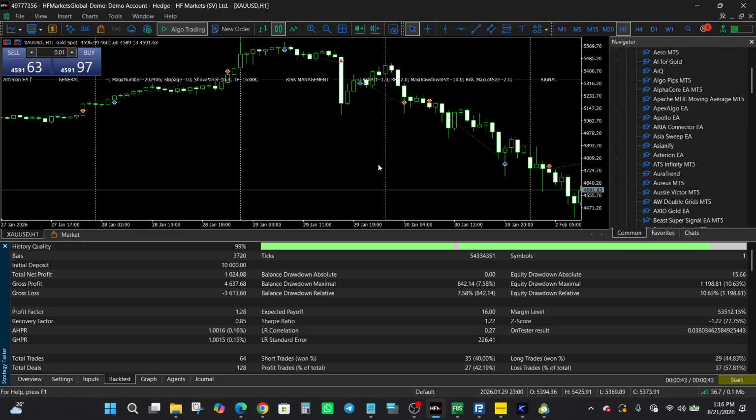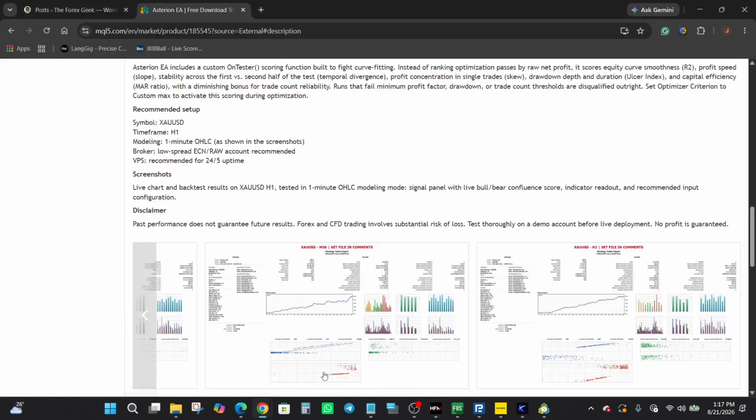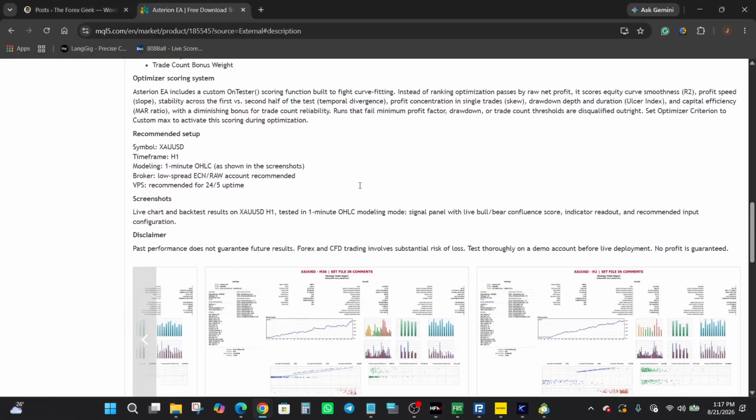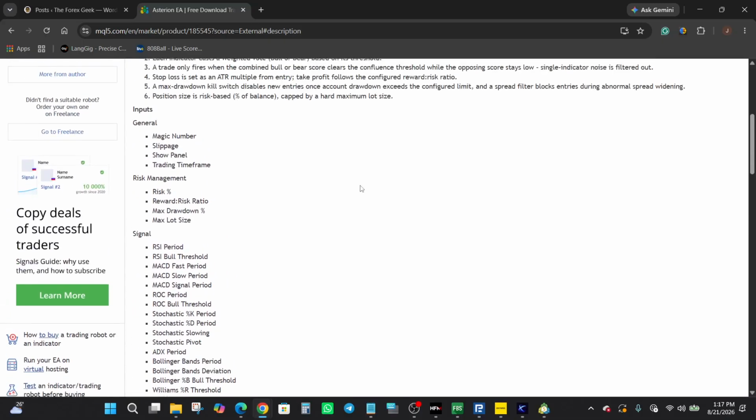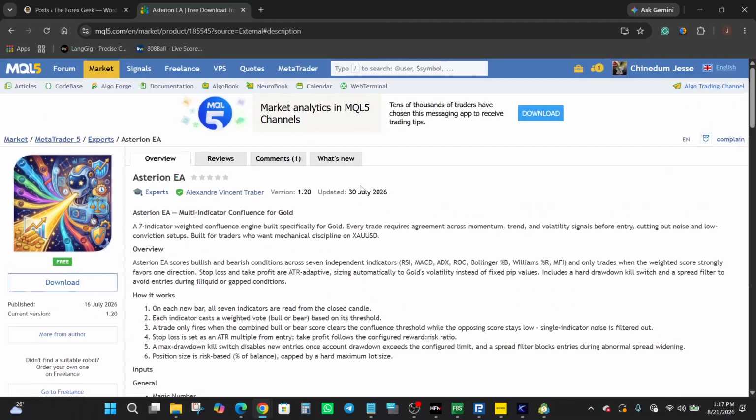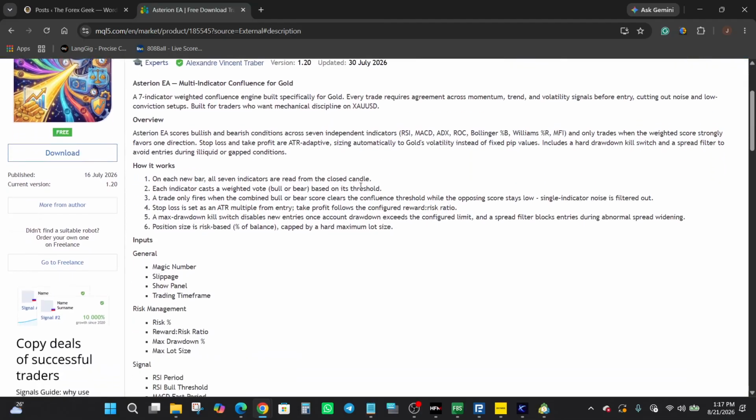All right, so the marketplace listing has already basically given us the fundamentals of how the EA works, right? And overall, this Asterion EA presents a clearly defined concept: gold trading based on multi-indicator confluence, combined with ATR-based trade levels and several risk controls. And at the same time, the information we are looking at